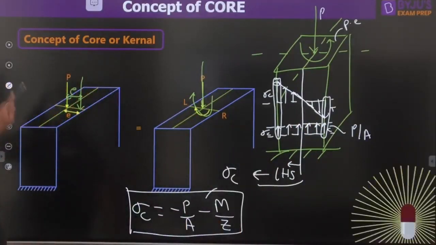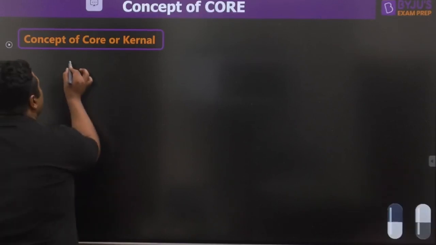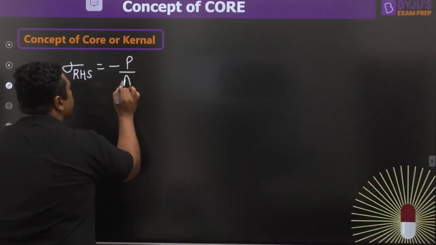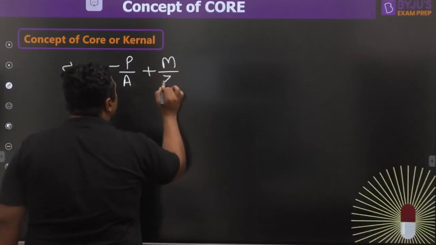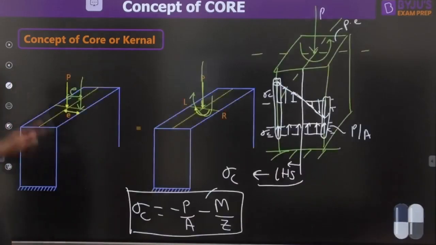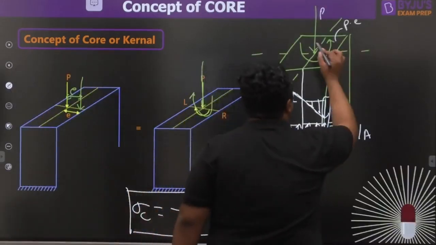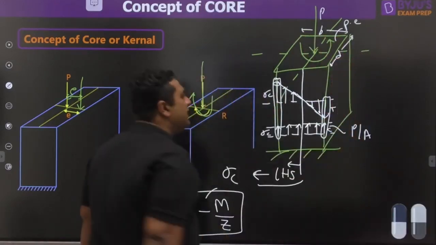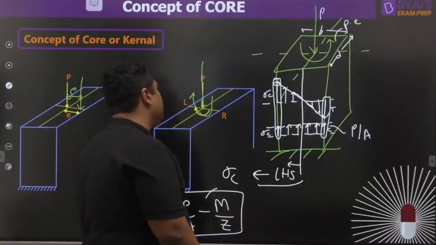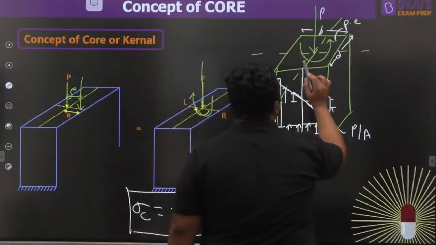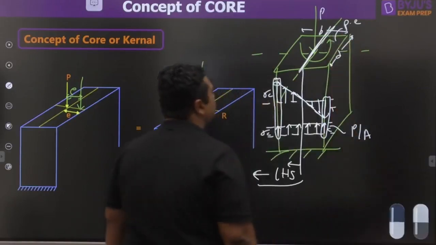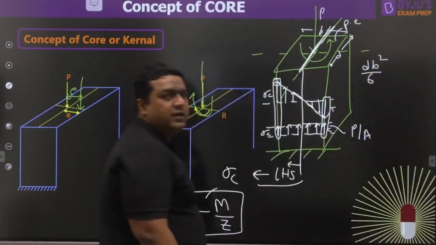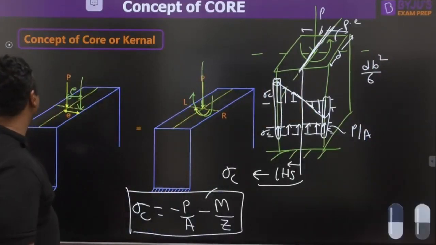So my dear, let us see the right hand side calculation. You will be writing the stress on the right hand side fiber as minus P by A plus M by Z. You very well know that if this dimension is B, the width, and this dimension is D, then Z about the neutral axis will be for the rectangle. We have taken the force in this way. This is the couple and this axis is acting as the neutral axis. So we will be having D B square by 6. This is the value of Z. Those kinds of things we have seen in the bending topic, my dear.